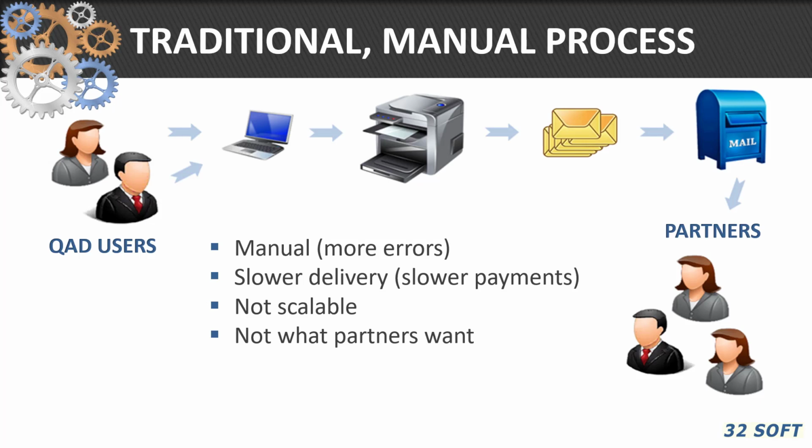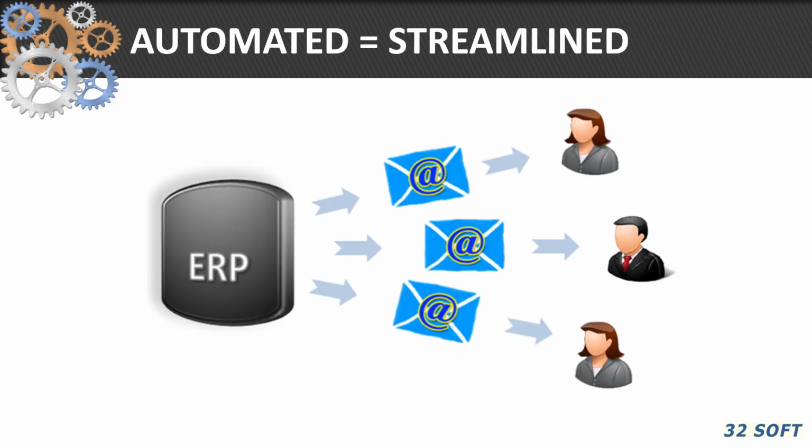It is manual, which makes it more error-prone. Delivery time is slower, which in turn slows payments. It is most definitely not scalable, and it is typically not a desirable process. In a nutshell, LBOX is a quick and easy way to automate ERP information sharing by automating document generation and